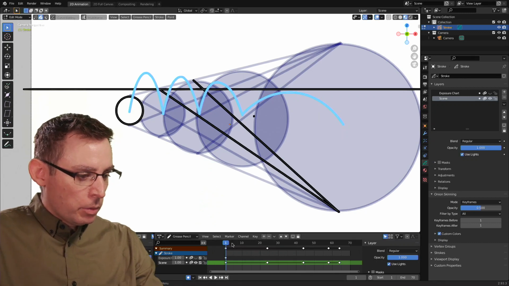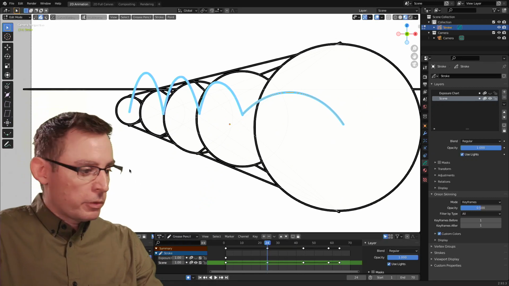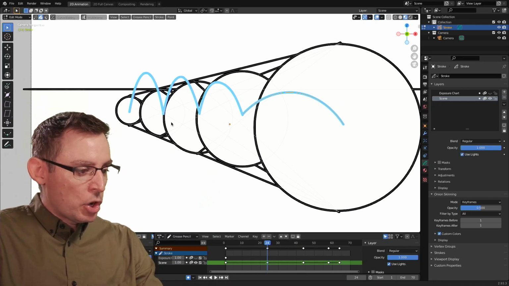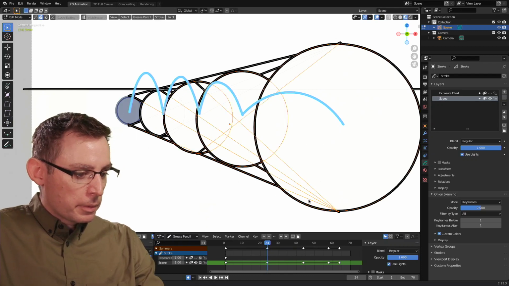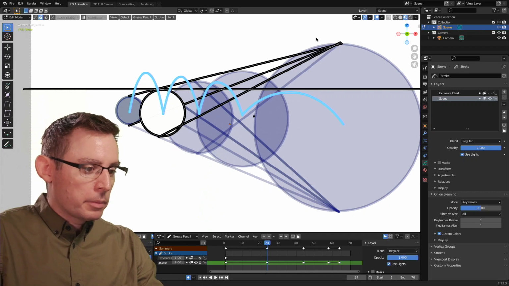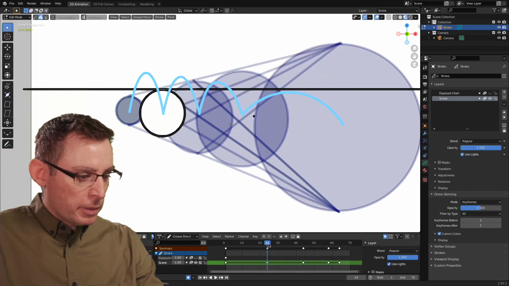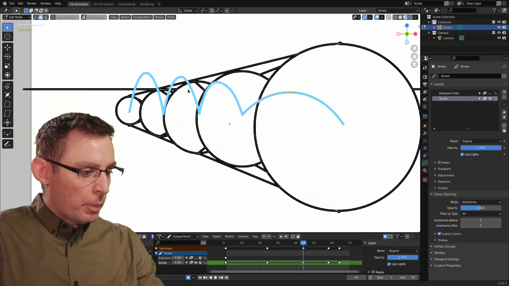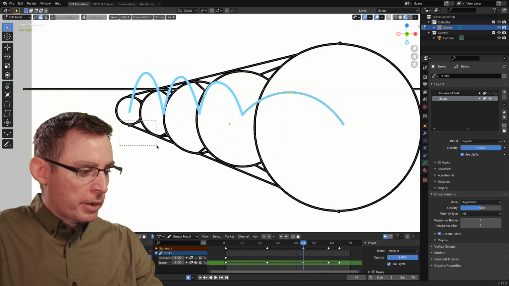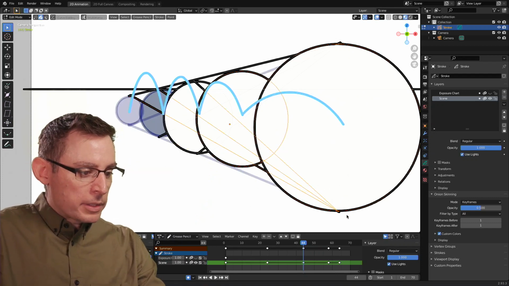Okay, there we go. We'll go forward to the next keyframe. On the next keyframe, on frame 24, I just want to see the number 2 ball, so I want to delete everything but the number 2 ball. There we go. We'll leave these arcs in here for the time being. On the third keyframe, now we just want to see the number 3 ball. You can see the pattern that's emerging. It's real helpful when you draw all these layout frames.